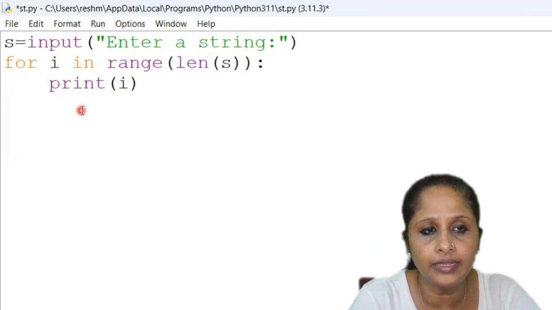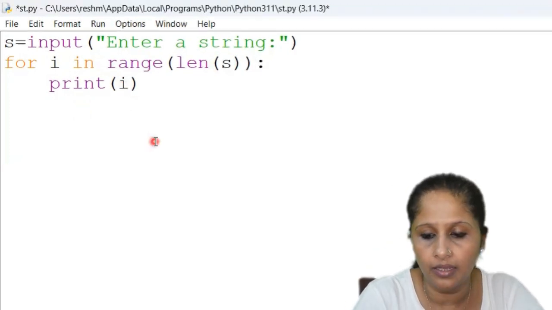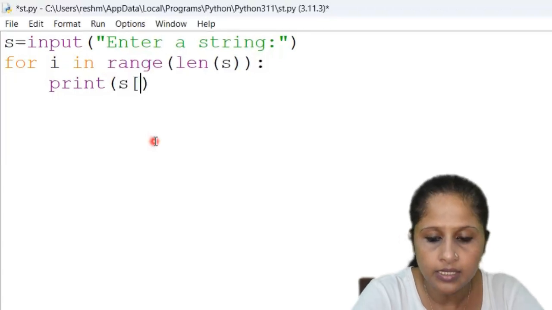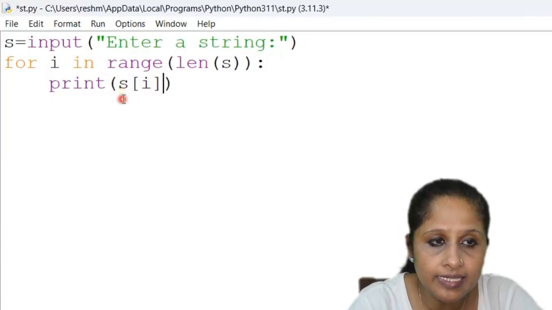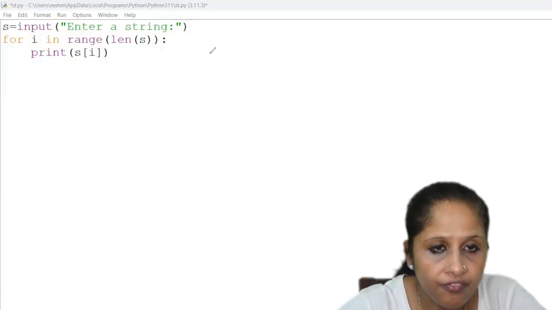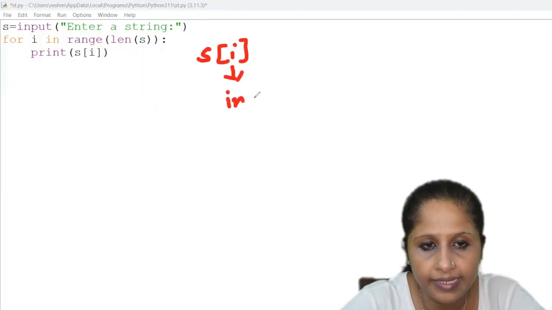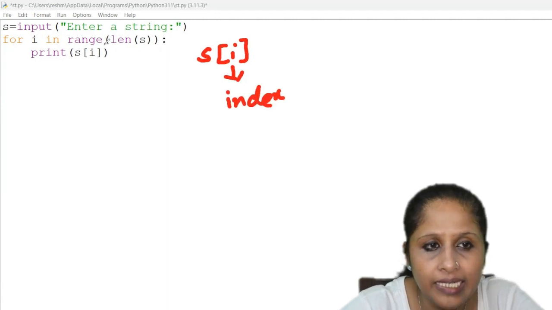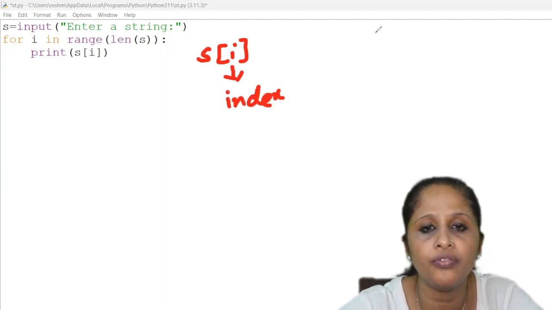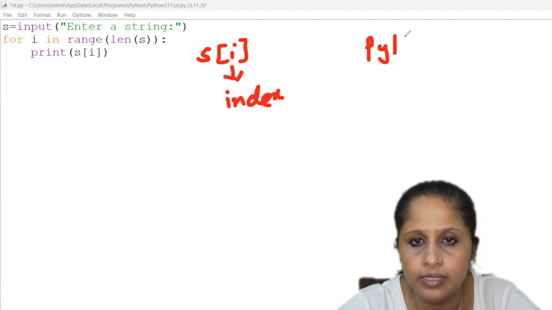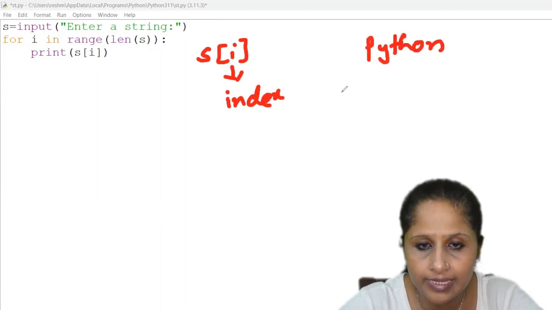Then after that we can print here instead of i, s[i]. So s is the string and s[i]. See, when you are writing s[i] it represents the index position. First it is finding the length of s. So if you are entering Python as the string, then the length of s is 6.